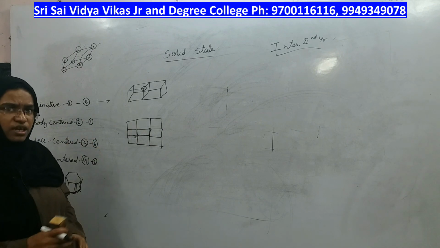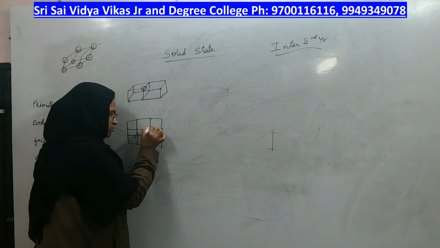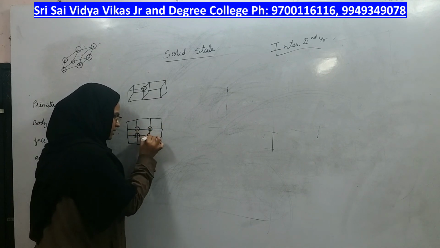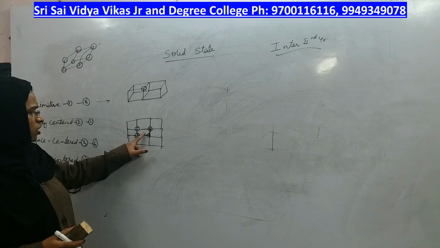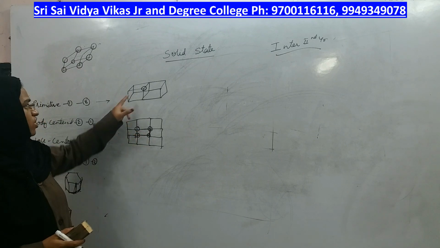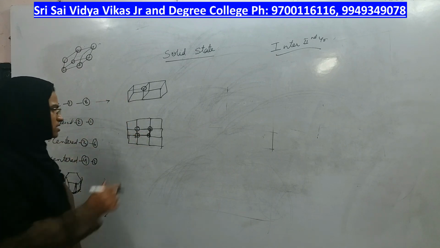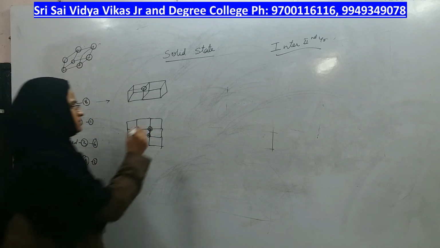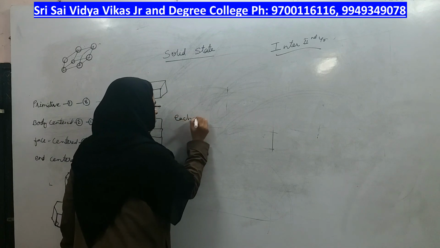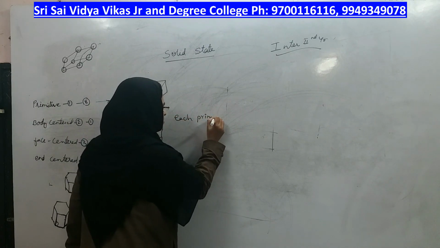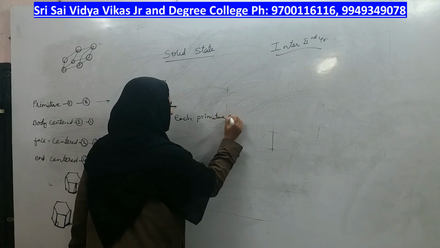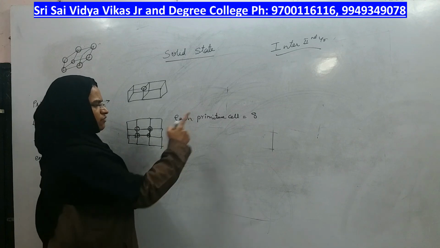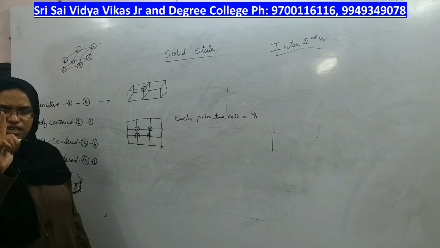We are taking this cube as an example, and for each unit cell we are calculating how many atoms are arranged. We know that in each cubic cell at one corner one atom is present exactly at the center of the corner. So, for each unit cell how many corners do we get? 8 corners we got, that means 8 corners should have one atom each. Therefore each primitive cell has 8 corners, so 8 atoms should be there in each unit cell.